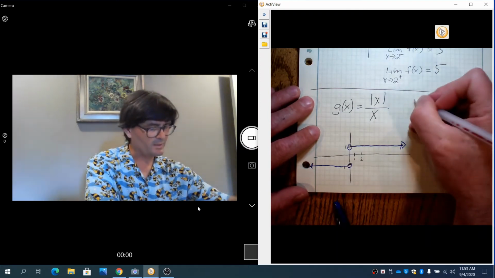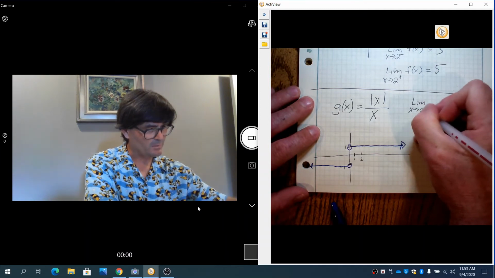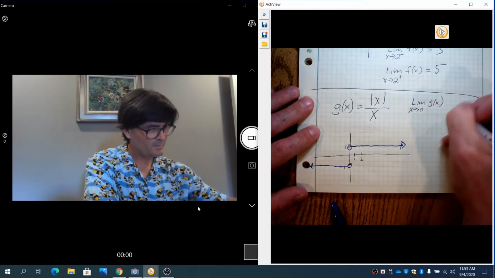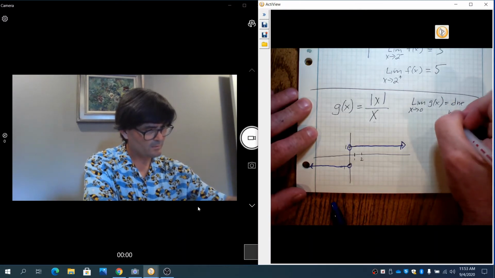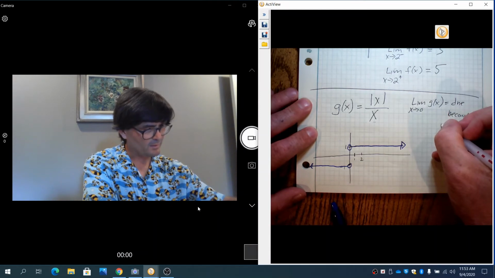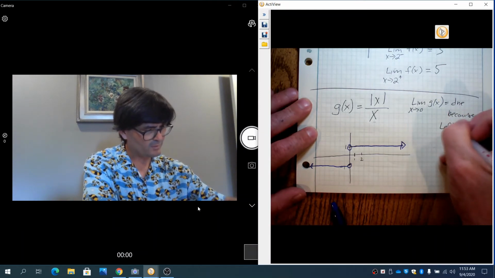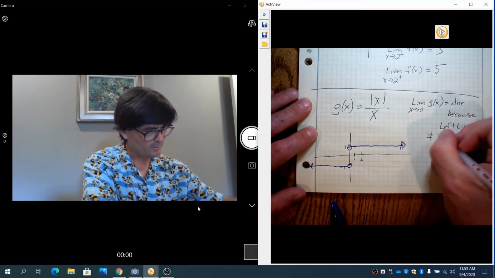So over here, if I did the limit as x goes to 0 for g of x, this does not exist because the left limit does not equal the right limit